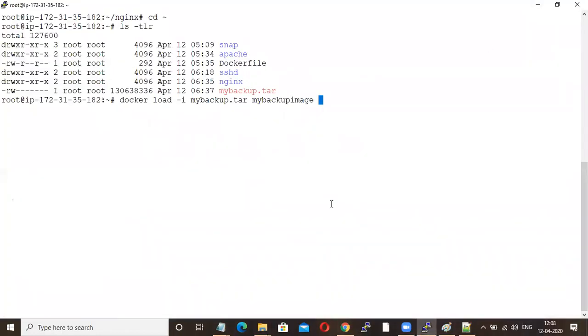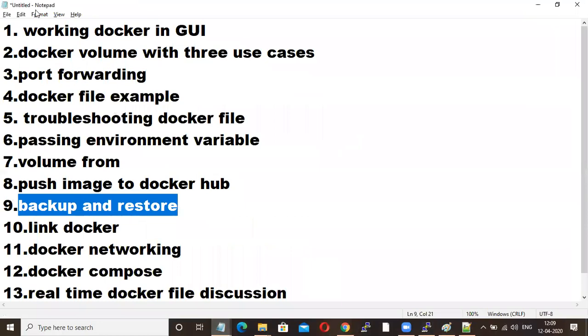So now this is backup and restore of your container. Out of 13, 7 we have done. So I want to continue or I want to stop it?